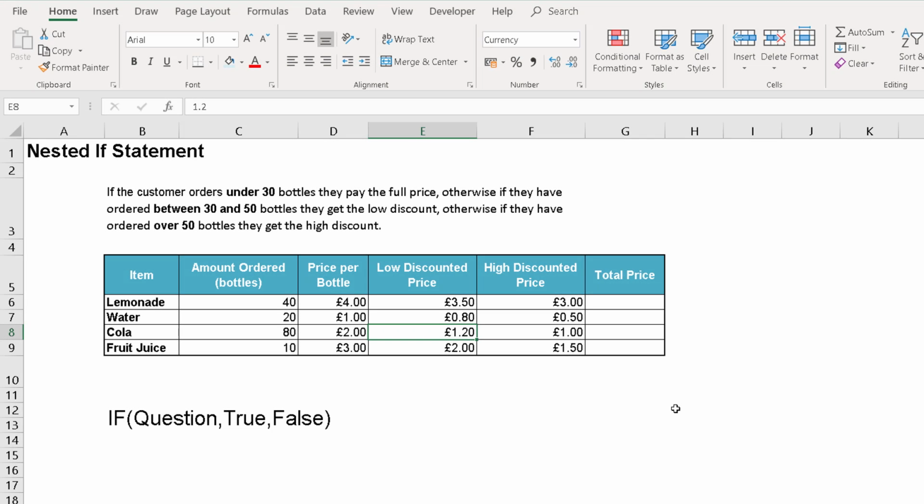In this lesson, we're looking at how we use multiple if functions nested together. This allows us to ask more than one question with multiple outcomes. On this example sheet, you can see we've got a small pricing spreadsheet for various drink items: lemonade, water, cola,